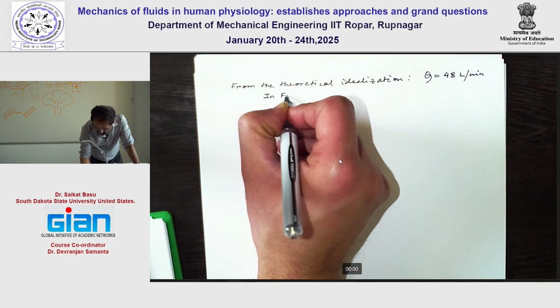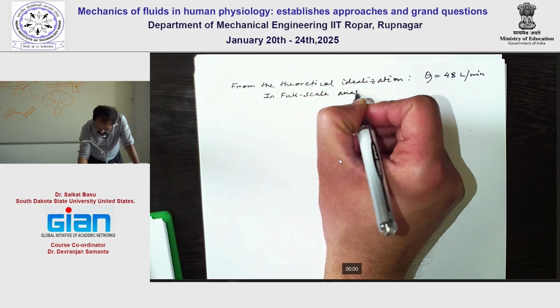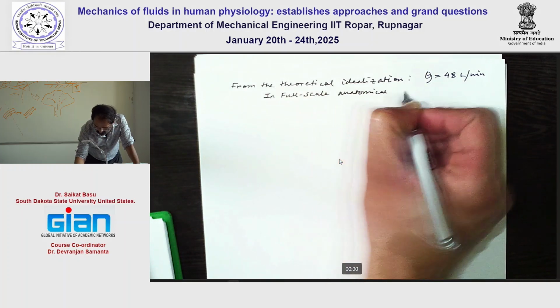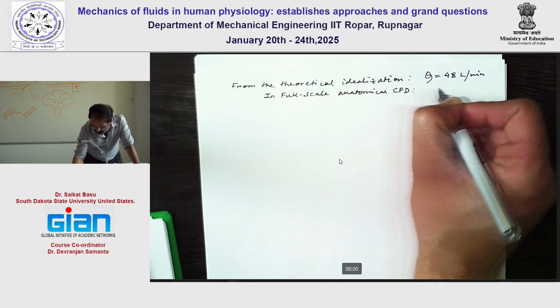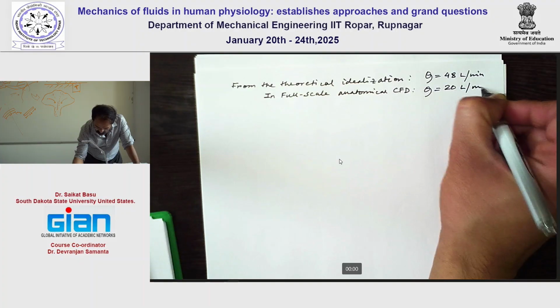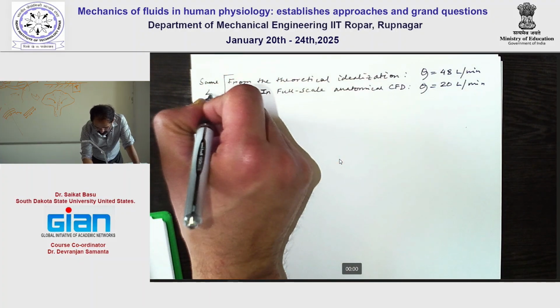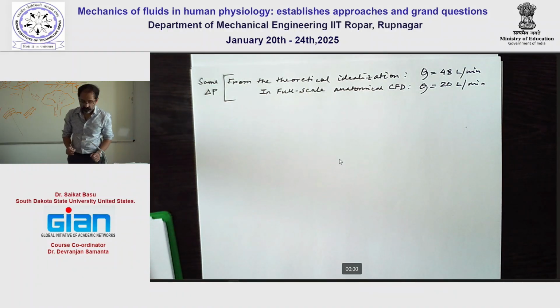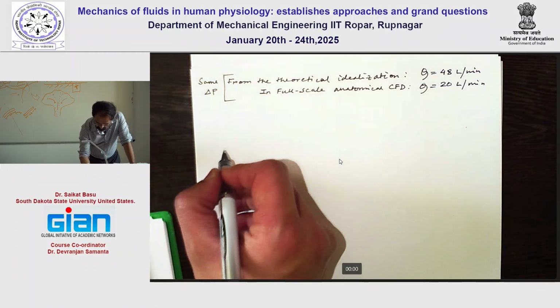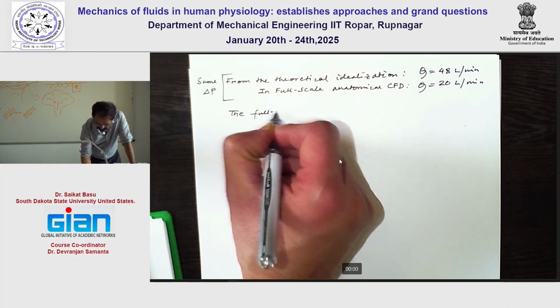In full scale anatomical CFD, we have Q as 20 liters per minute for the same delta P. Why is that? So the CFD results are lower, or the full scale results are lower